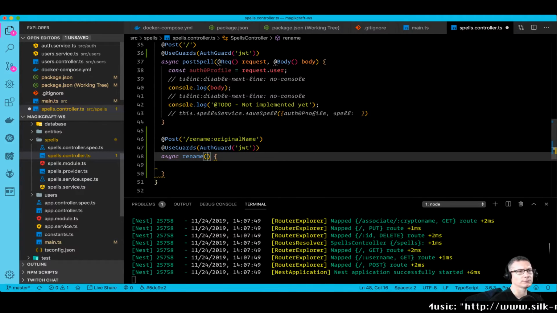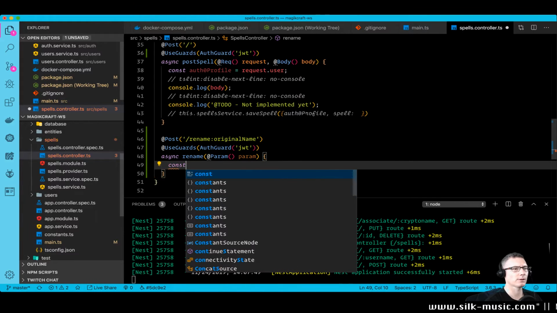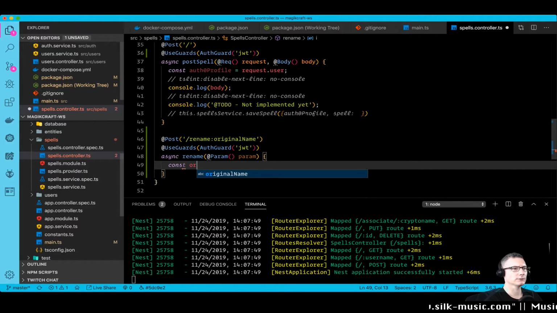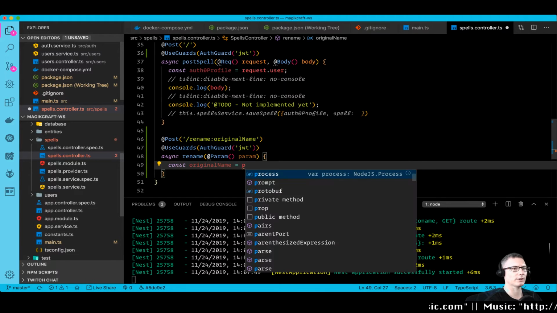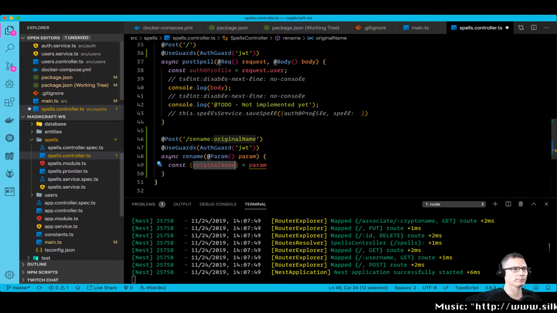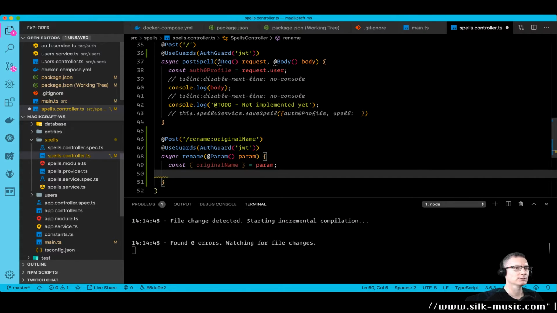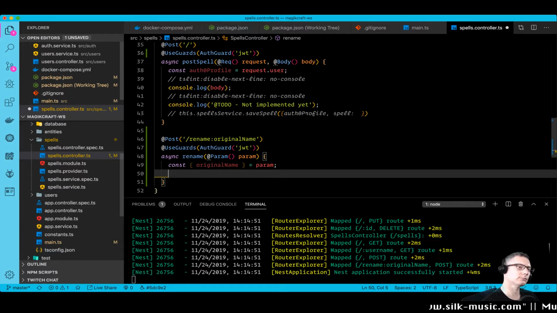Paste that in. So now I'm going to do const original name. Original name equals, well, I'll do it with a shorthand. So like this. Like that. Save it. Puts the semicolons, I ain't typing that. Okay. It's the original name of the parameter. And then